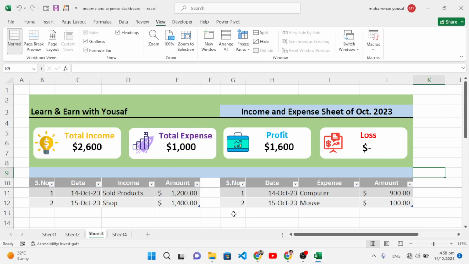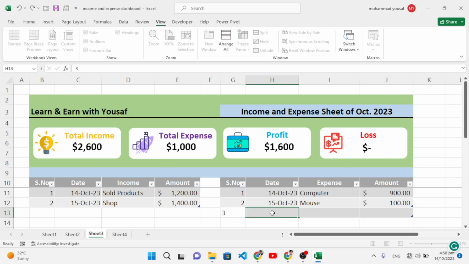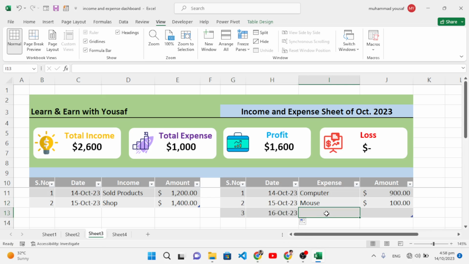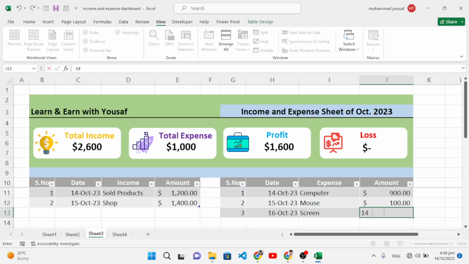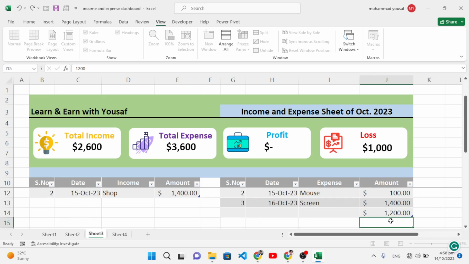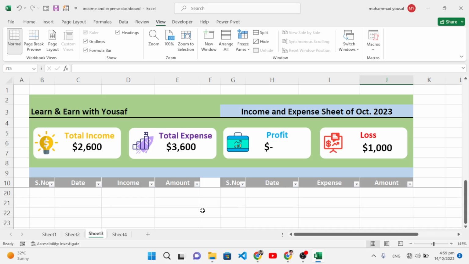Now let's add another record, 3, and here we will write, let's copy this one here, let's write just like screen, and the amount of that is like 1400. Press enter. See, now a profit of 200 remained and we don't have any loss. Let's add loss. Okay, for example, I will add 1200 more. See, so now we have 1000 loss and no profit, and the total expense and total income. So it was all about the expense and income